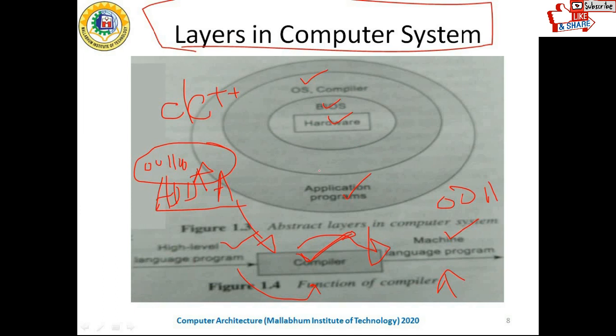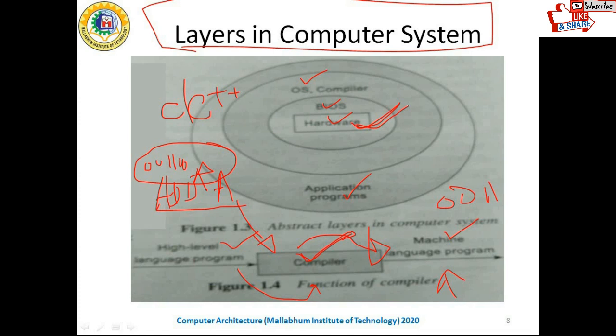Okay, so a computer system can be viewed as a collection of different layers as shown in the figure. The innermost layer is the hardware part, which comprises RAM, ROM, and so on. The hardware part consists of CPU, main memory, input output devices, secondary storage, the hard disks. A programmer writes the application program in a high level language. Obviously, I have said that the compiler is a system program which converts the high level language into the equivalent machine level language which is understood by the computer.